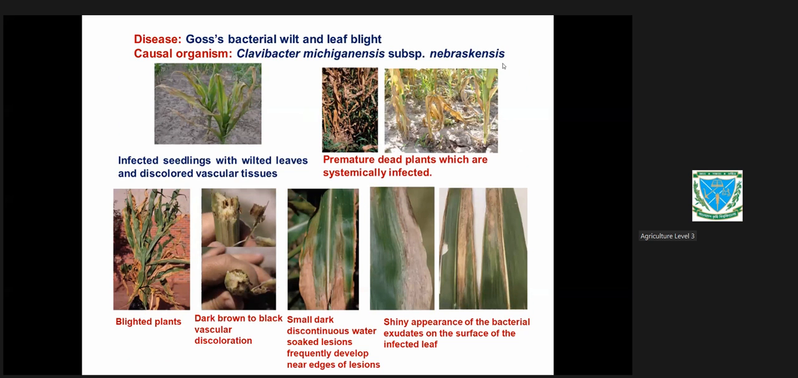If you see here, infected seedlings with wilted leaves. It seems the leaves are suddenly wilting from the top, and you will see the discolored vascular tissues. If you just break the stalk, you can see the vascular discoloration, and you can also see in the mature stage, many times the plants die at the premature stage. So infected seedlings with wilted leaves and discolored vascular tissues you will see, and sometimes premature death of the plant